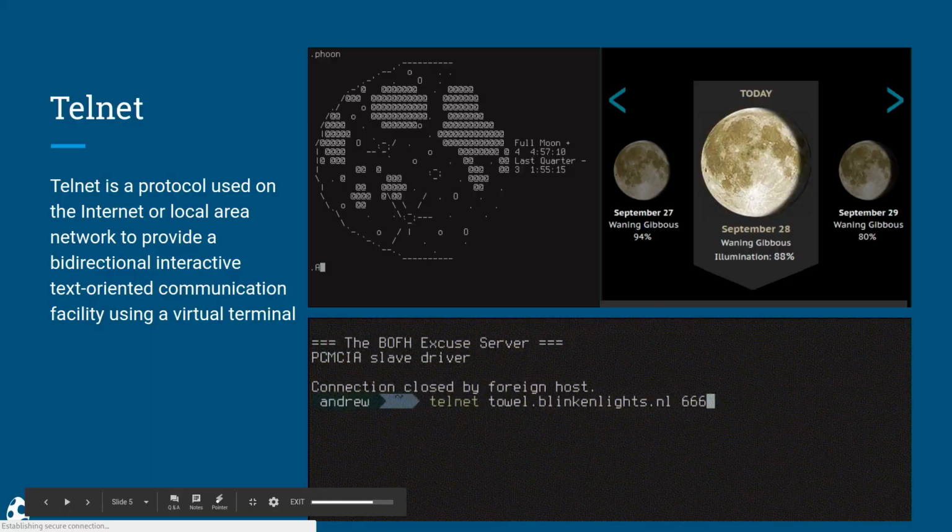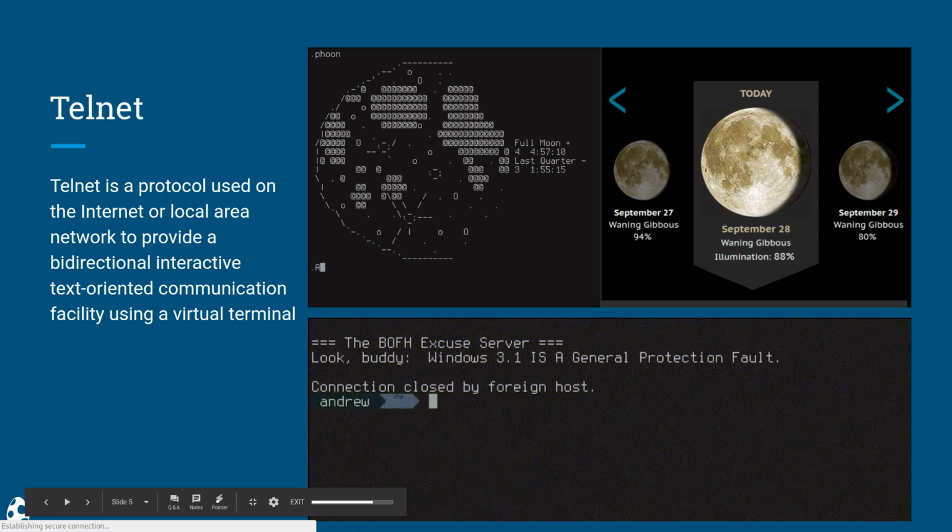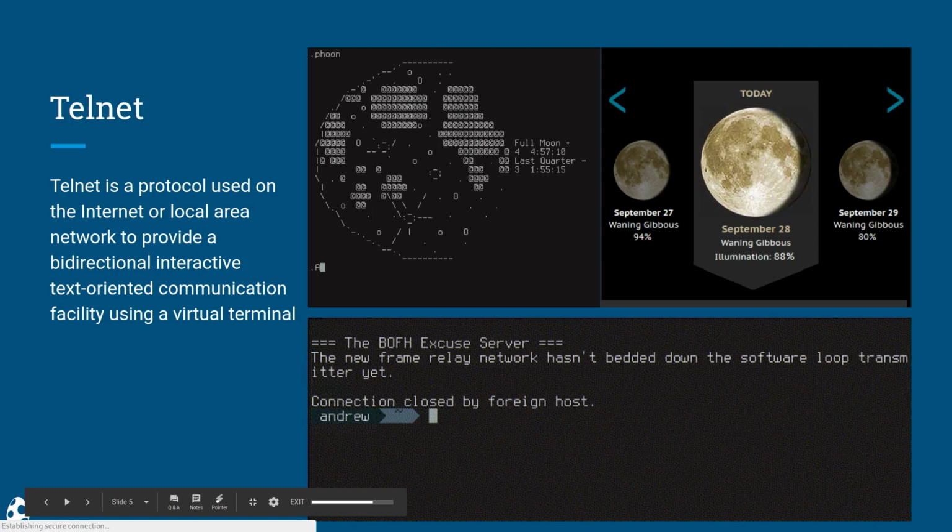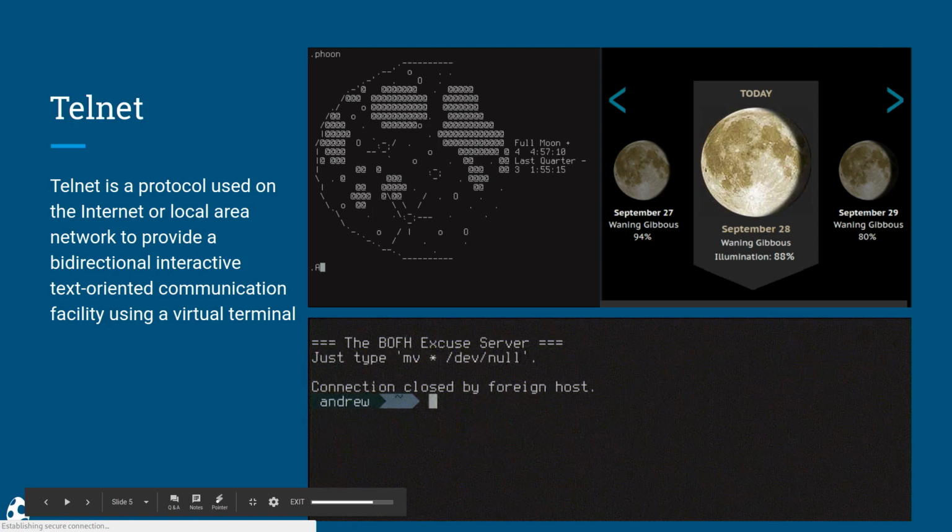All right. So I'm going to admit that this isn't really a program that I use, Telnet, but it's still a neat thing that's available on all your Unix computers. It's just a text-based protocol for talking between a server and your terminal. And so people have left all kinds of interesting services that are available for you.